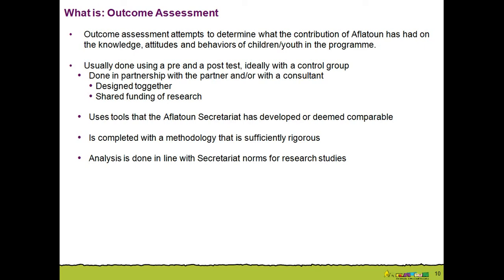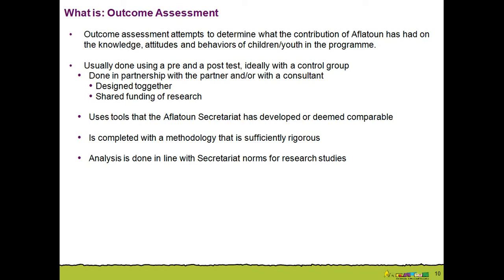We have chosen pre-post tests because in evaluation standards, these are in the middle of the hierarchy of the quality of evidence to see if there's some sort of change. Ideally, we'll do this with a control group, but if not, we will just do before and after to see how children are changing over time.